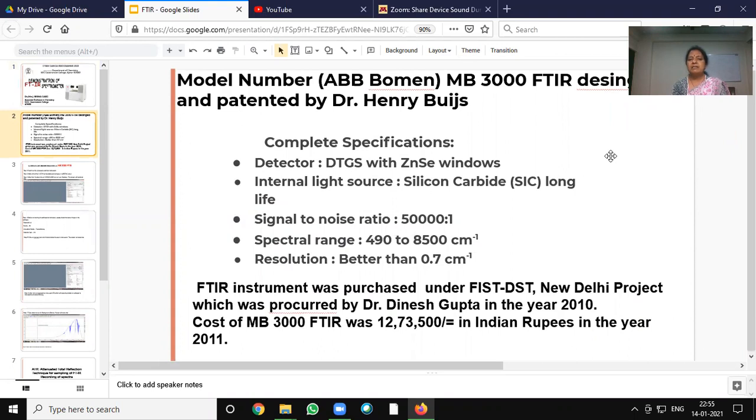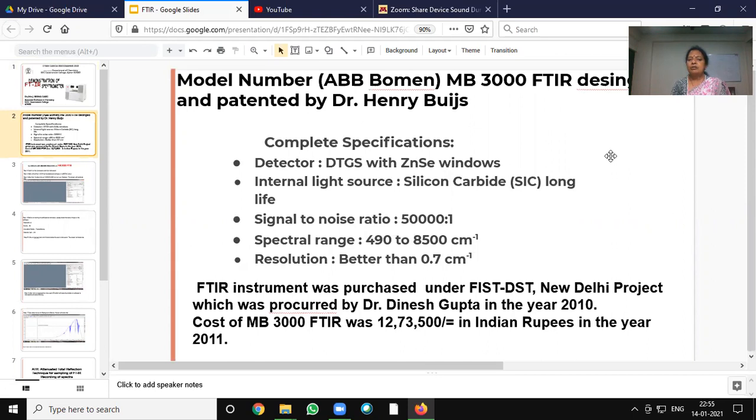Complete specifications are: detector DTGS with zinc selenide windows, internal light source silicon carbide, long life, signal to noise ratio 50,000 to 1, spectral range 4 to 8500 inverse centimeter, resolution better than 0.7 inverse centimeter.